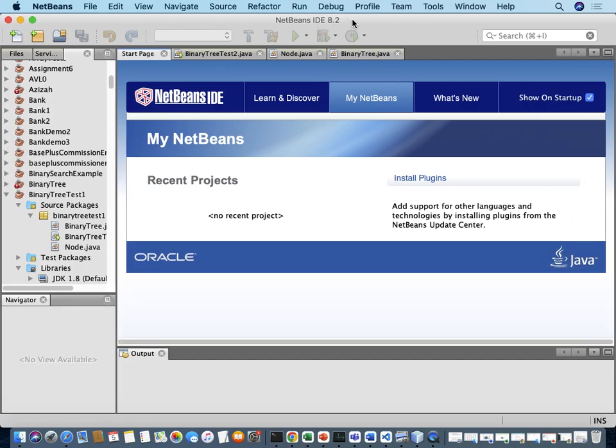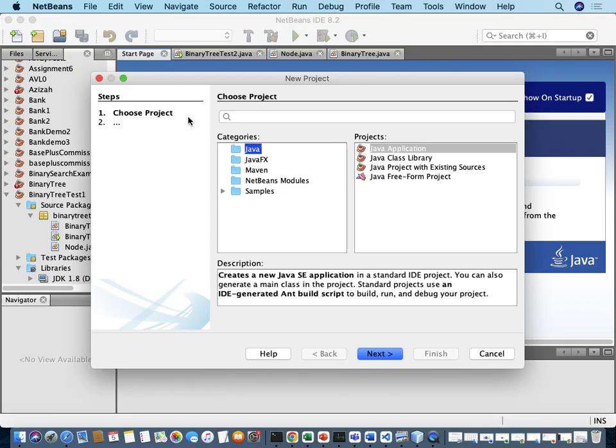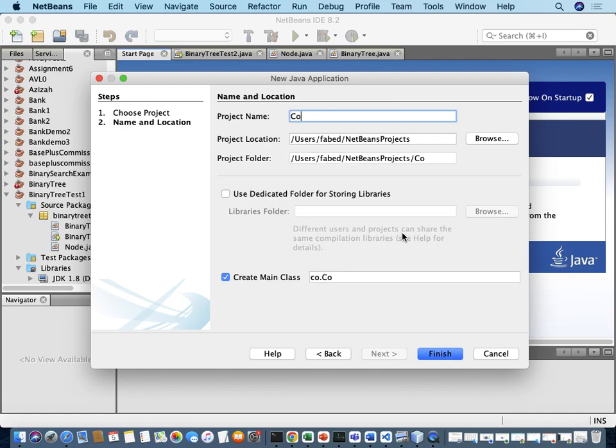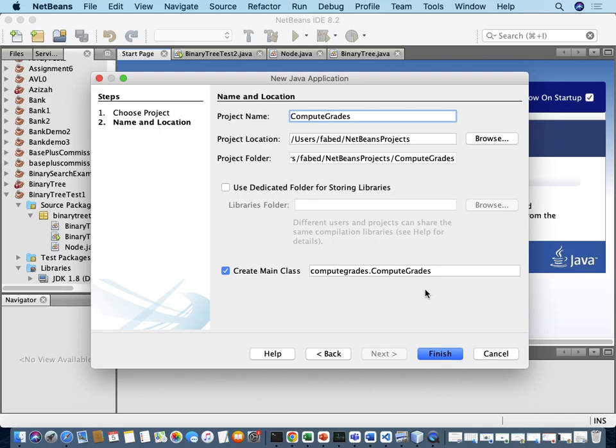This is not the best IDE. Yeah, don't use it. Usually in this IDE, when I make a new Java application, I make a new project here, and then I choose Java application. Let me call it compute grades project. So the nice thing about this IDE,